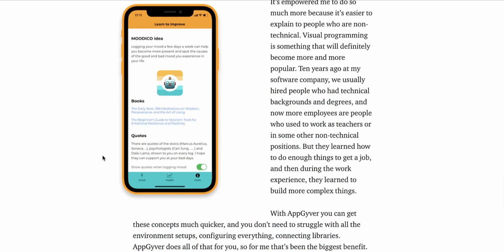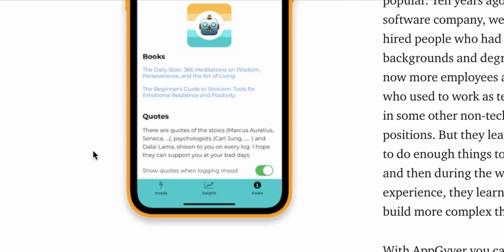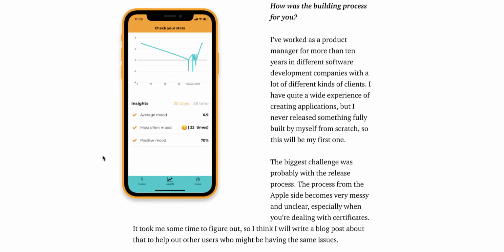What I like about the design is it's simple. It's very easy what you're supposed to be doing. There's only 3 options at the bottom of the app. It allows you to understand what you need to be doing. And not only that, it's allowing you to easily track your mood, and it does what's on the package, right?